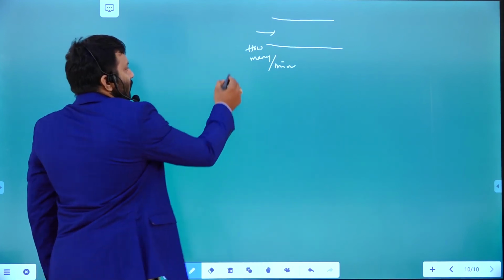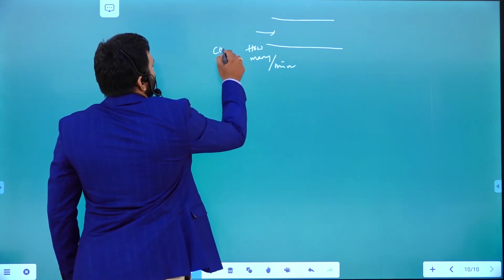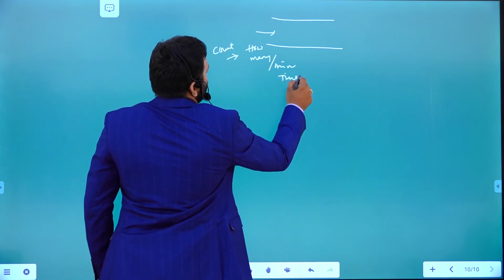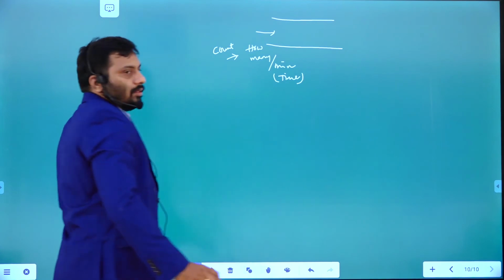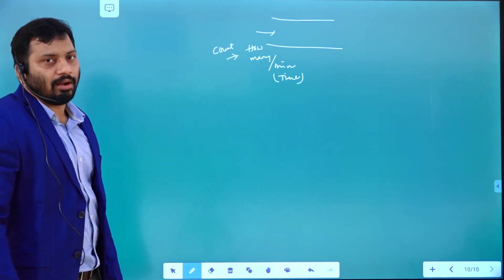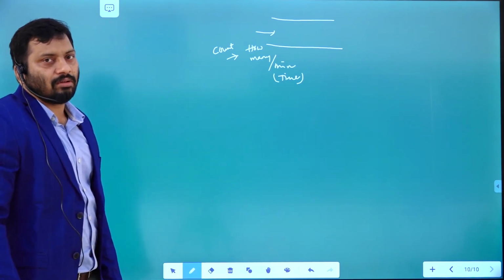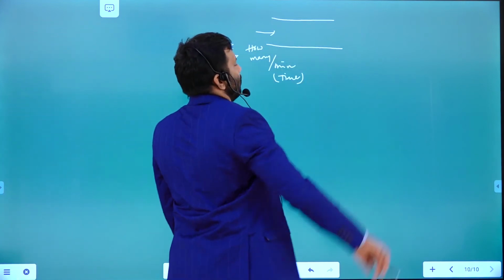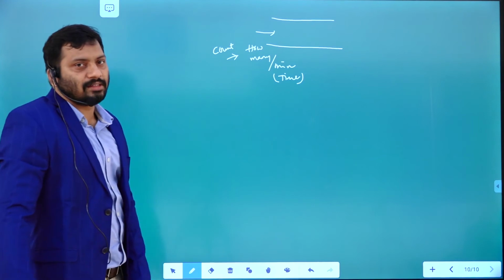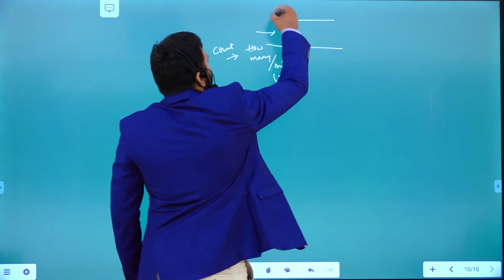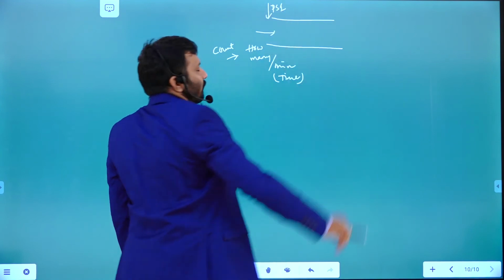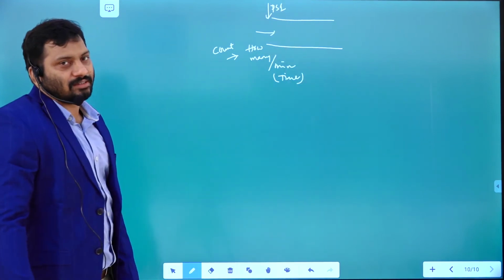So this is the count, and this one is the time, right? Count by time. How many devices or bottles are going out through this particular way per minute? This is the application. So whenever you say that, you need to place one proximity sensor to count that.